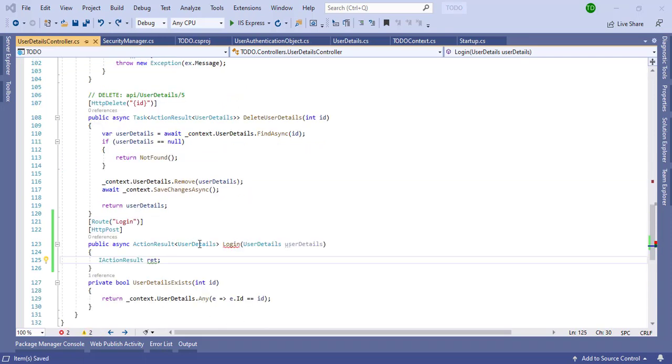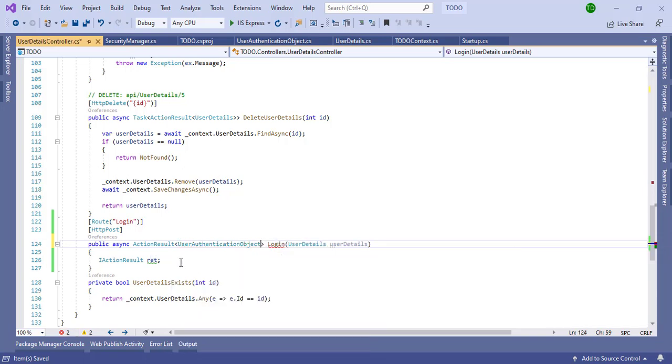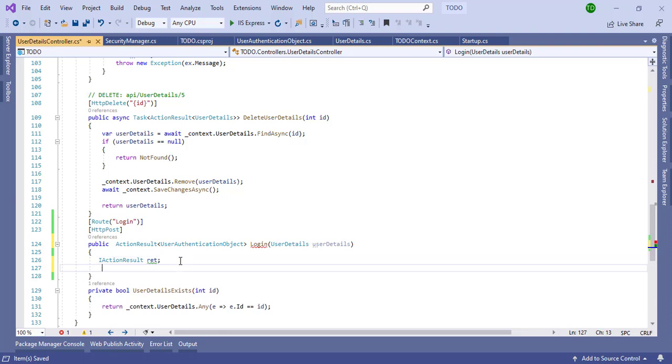So here the return type should be the user authentication object class, so let's change this to UserAuthObject, and let's remove this async as well. And here I am going to create an instance of this class first.